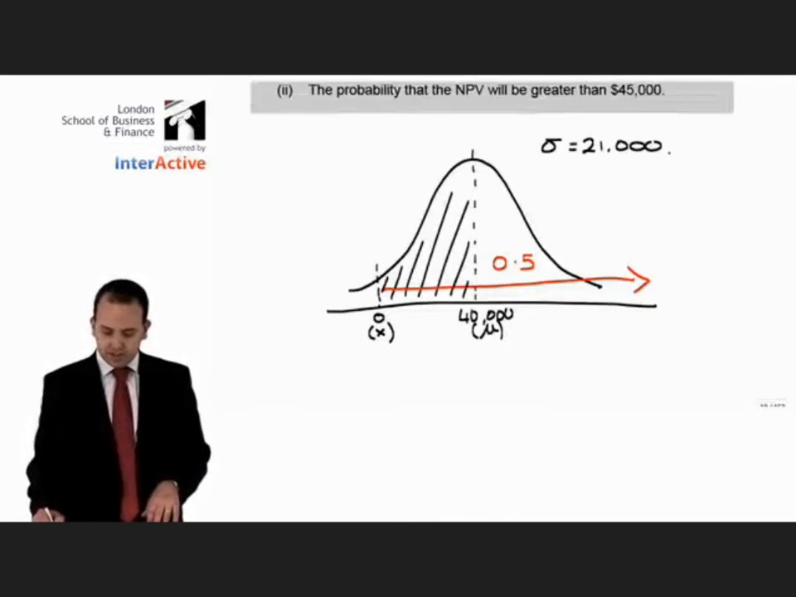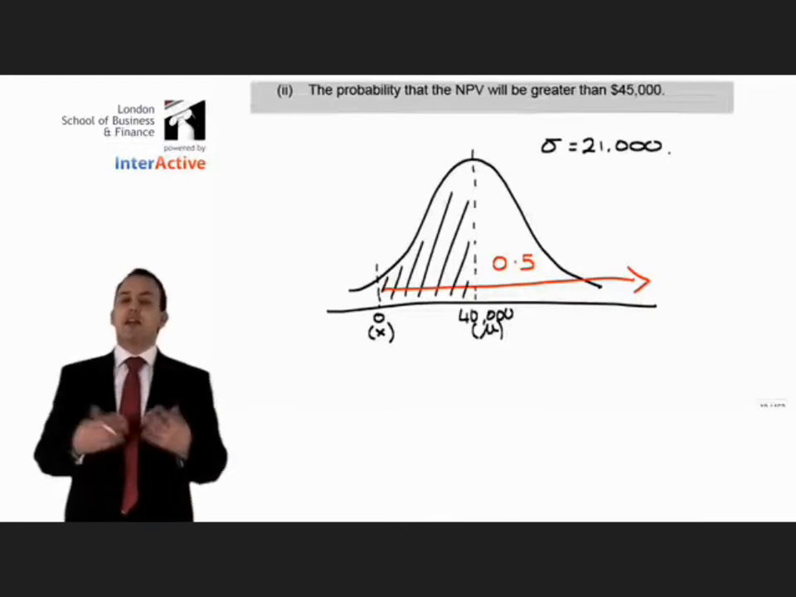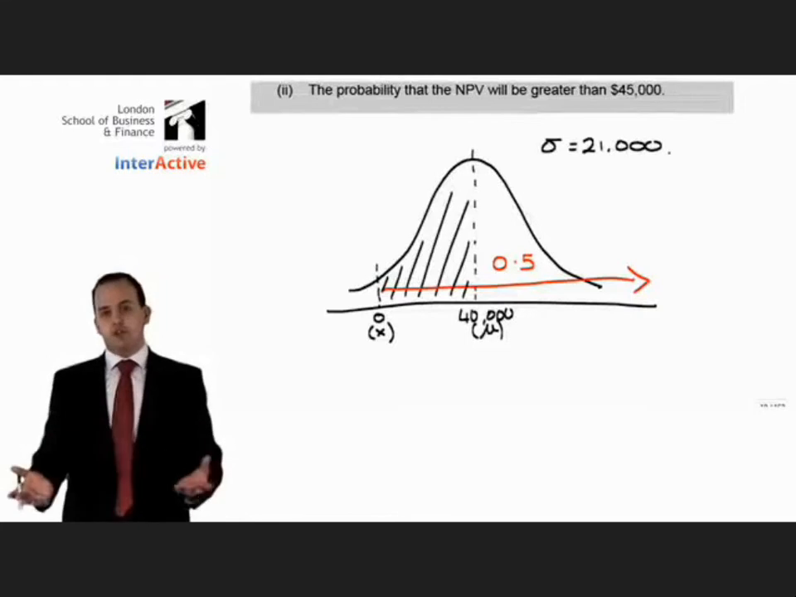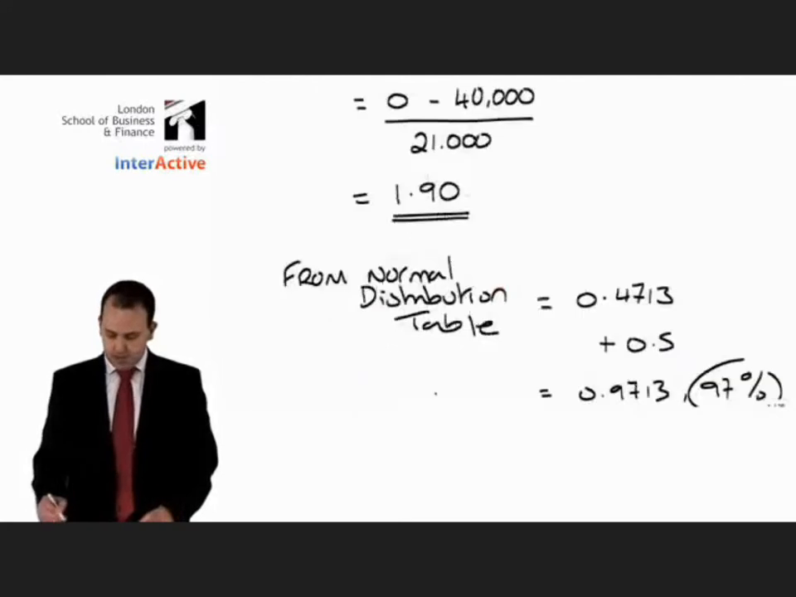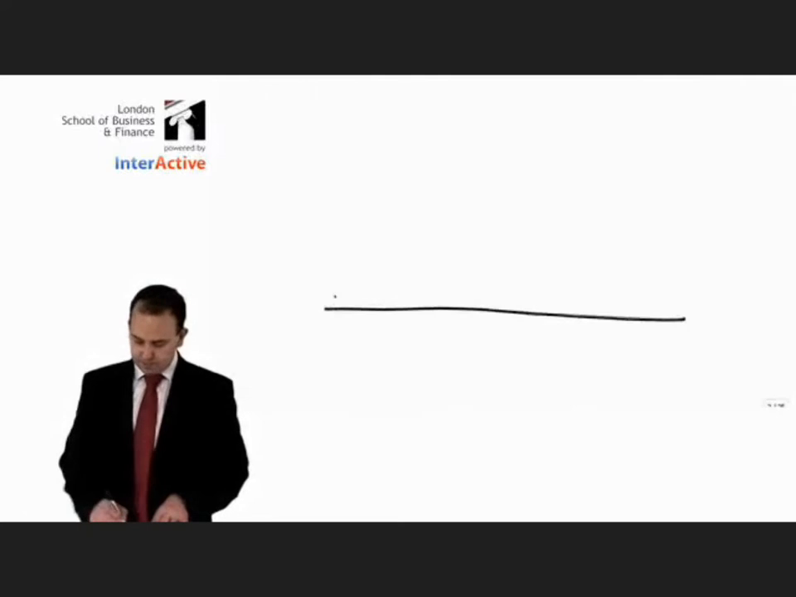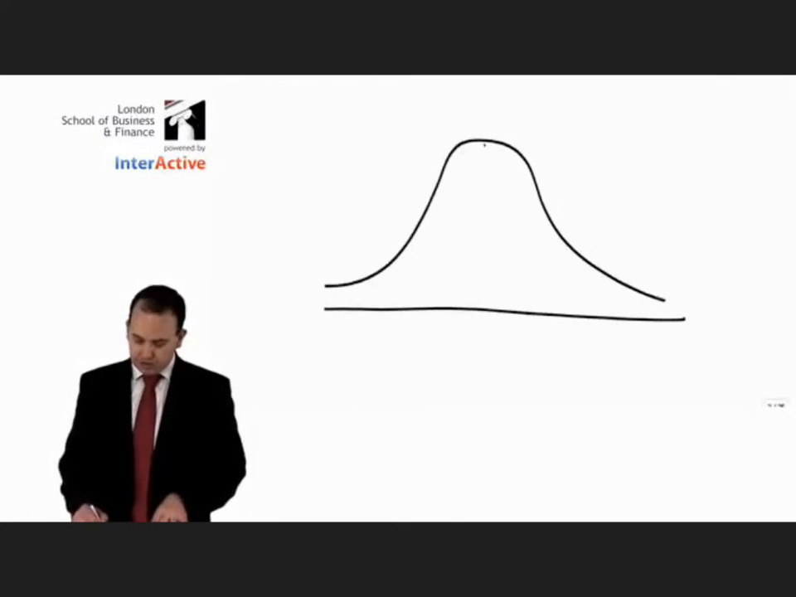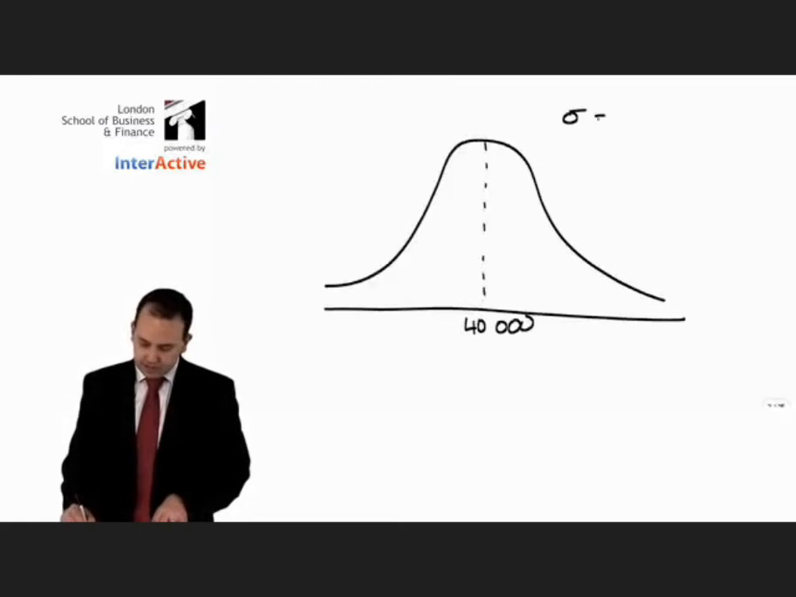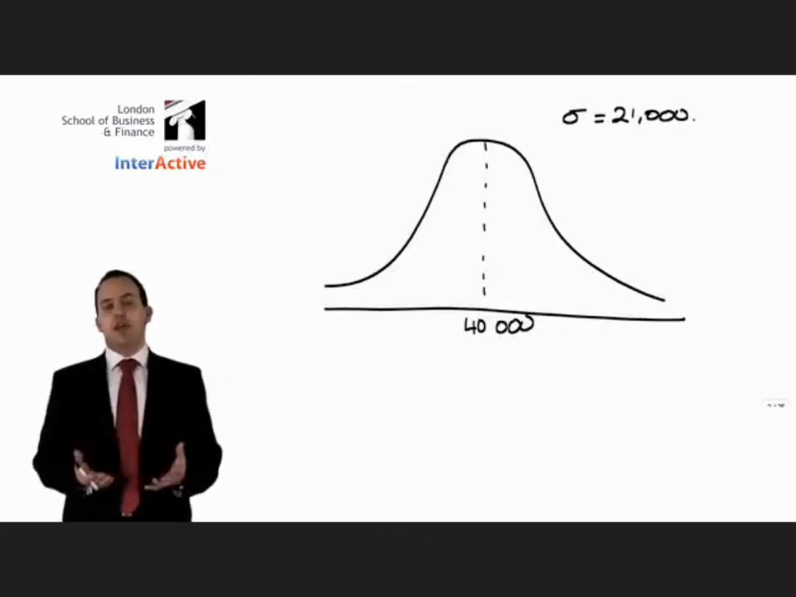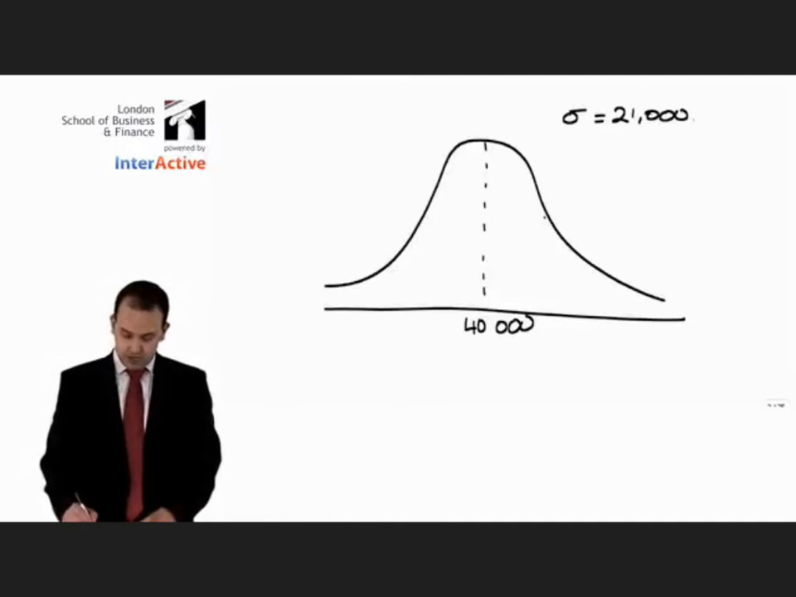If we then consider the second part of this question, it said calculate the probability that the project is going to have a net present value that is greater than 45,000. Again, start off by a nice simple example or diagram, just to make sure that we have all the figures that we actually need. The average is 40,000 and the standard deviation is 21,000. The figure that we are considering here is a net present value of 45,000, which is going to be